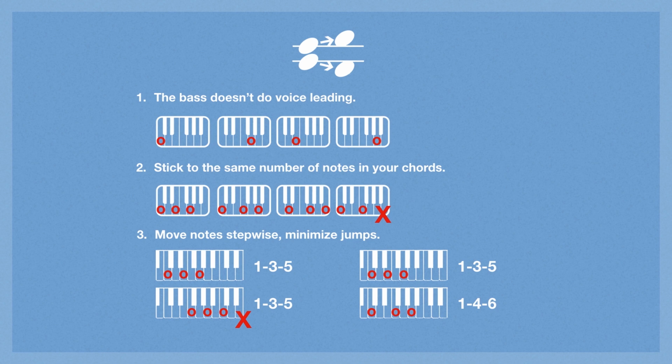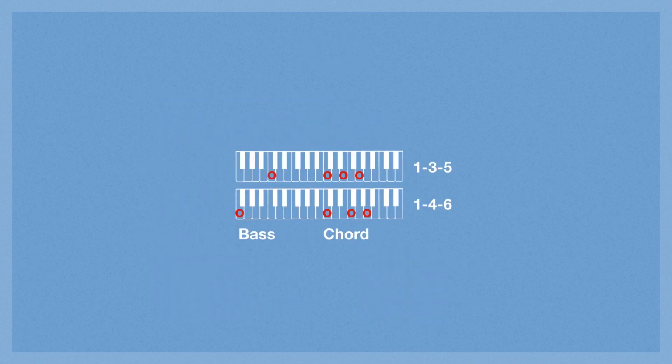So if we have a chord progression that goes C, F, this is what it might look like on the piano. The right hand is playing the chord with proper voice leading, and the left hand does those jumps. See that? And the bass is very detached from the rest of the notes.